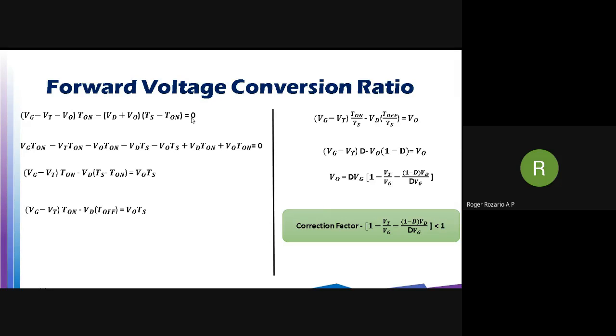And what will happen to the reverse current conversion ratio? Any idea? What is the reverse current conversion ratio in an ideal converter without considering the switch non-ideality? It was equal to D. Now, can you tell me what is the reverse current conversion ratio considering the switch non-ideality? Any idea?